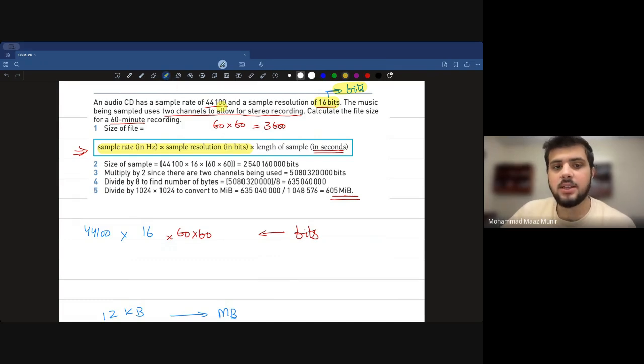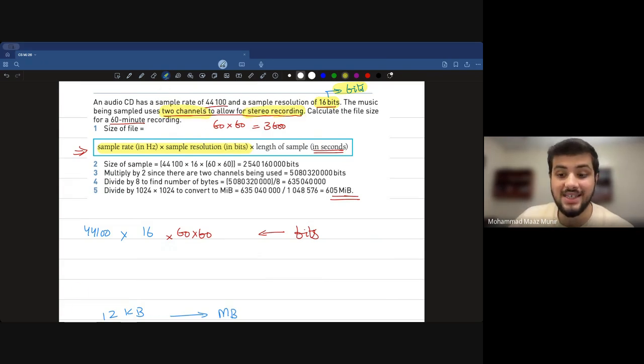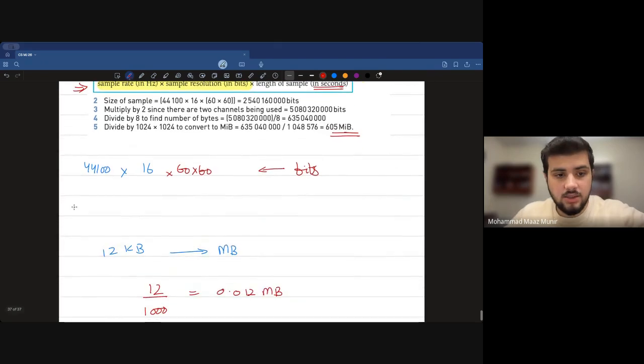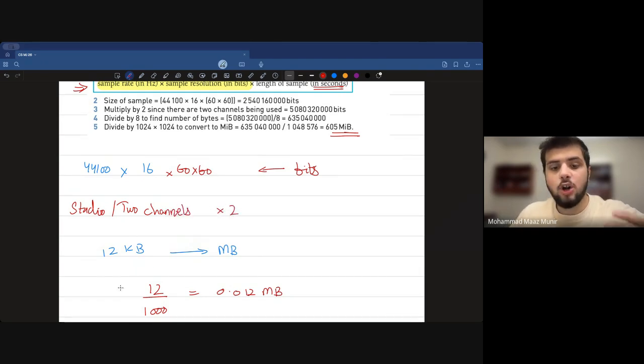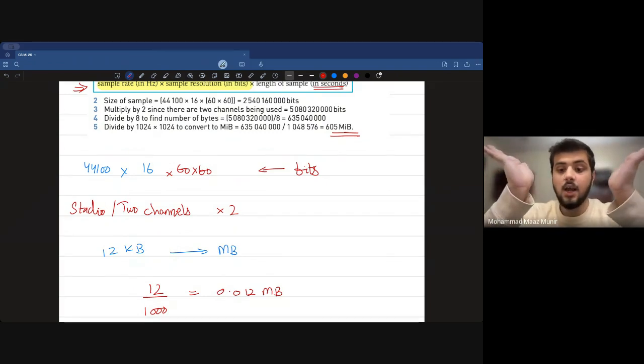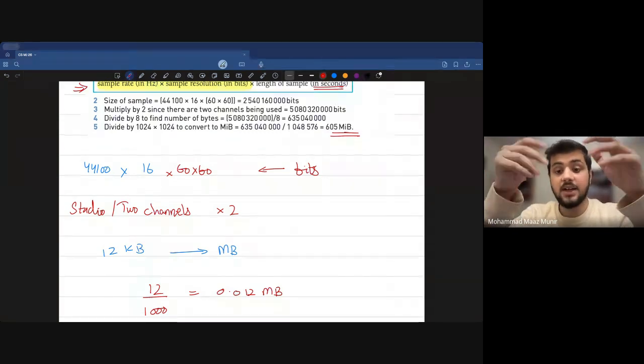But there is one important thing, that this was something जो मैंने original formula में नहीं भी लिखा. But when the question says that you are using 2 channels to allow for stereo recording, or if the question says somewhere that you need to calculate the file size for a studio, remember, whenever they say studio या फिर 2 channels, this basically means that you need to multiply this with 2. So it's sort of, you can say कि आप एक file size के लिए calculate करो, but because it's a studio and studio has multiple instruments, there is a possibility कि आपकी एक file size तो होगी, and then maybe you have the other similar file which could have the similar file size, but it caters to the other